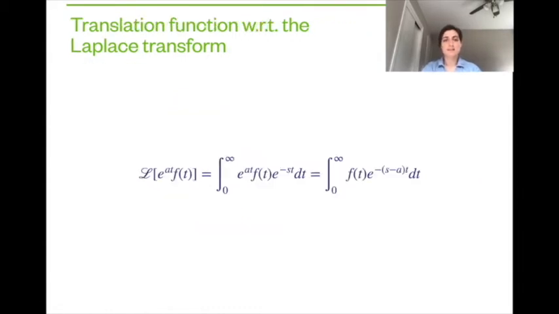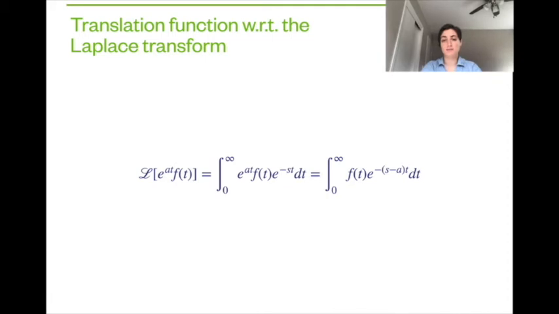Let's go to the next step. Let's look at what we call the translation function with respect to the Laplace transformation. So we want to calculate the Laplace transform of a function times an exponential. What we notice by just applying the Laplace transform to that is that the exponential of at can just combine with the exponential of minus st given by the integration kernel